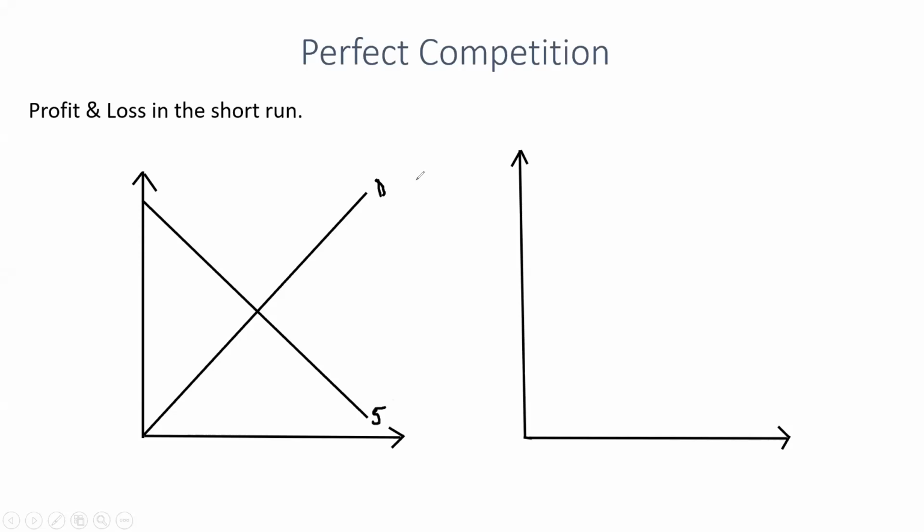So for this demonstration, we need to have two diagrams. One diagram shows the market, the one on the left, and the other shows an individual. So let us write that down. This is an entire market, let's say for oranges, and let's say this is an oranges farmer. Okay, so on the left we've got the entire perfect competition market for oranges, and on the right